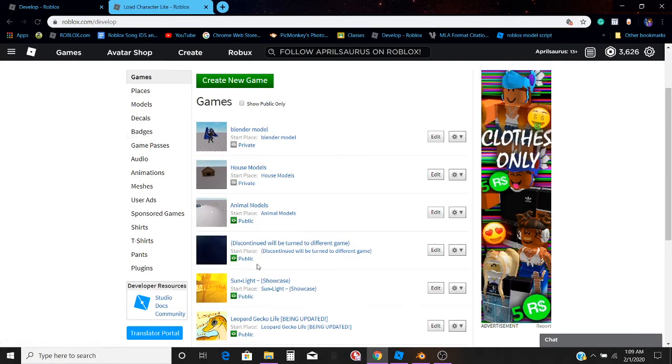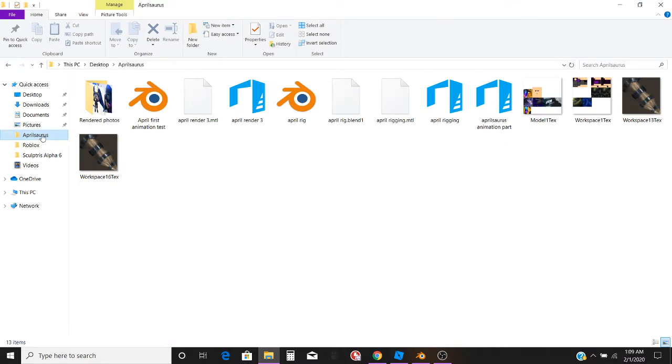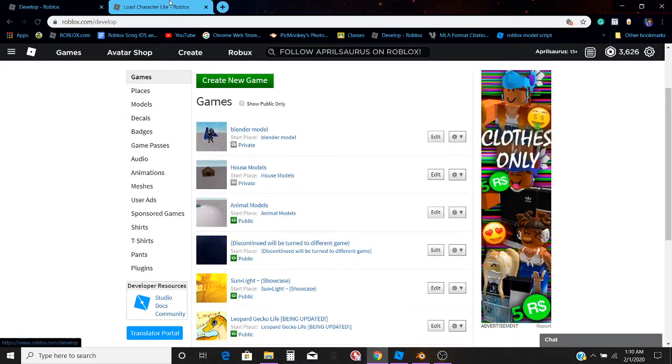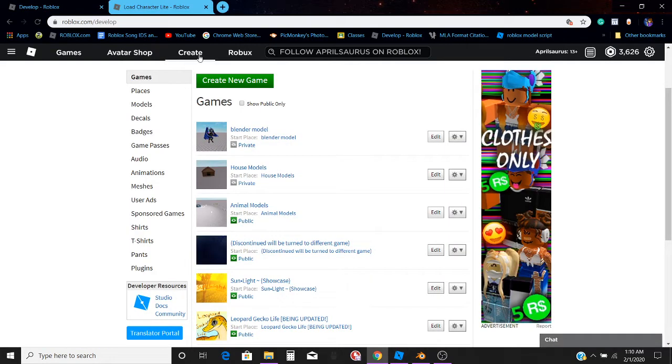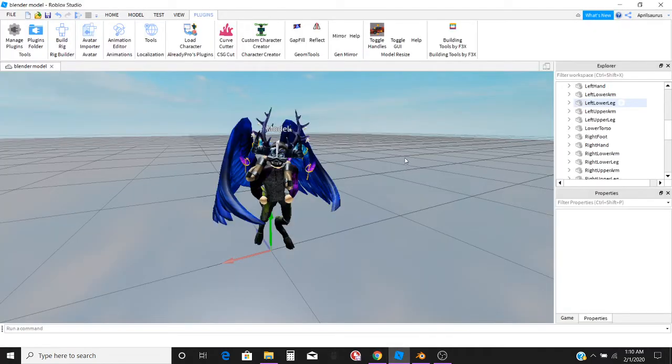So first of all, you're going to need to create a file that you will remember. You're also going to need a plugin by Already Pro, link in the description. Then go to your Create tab. Then you can go ahead and create a new game with baseplate or open one of your games already by clicking Edit. So once you have your Roblox open,